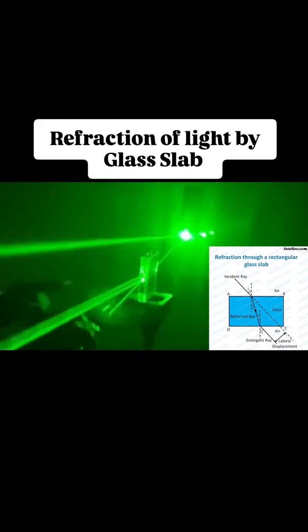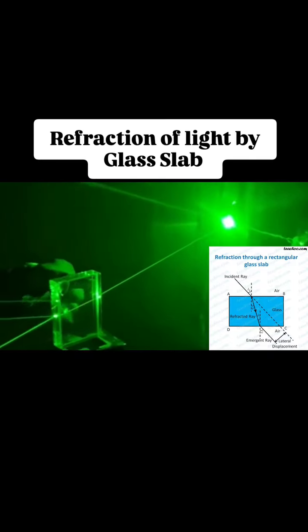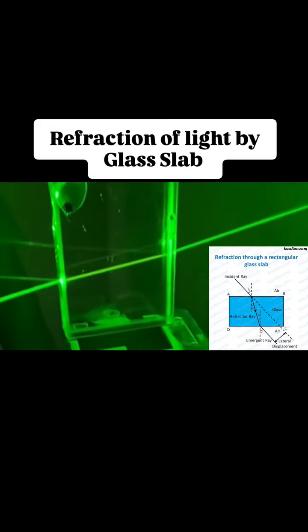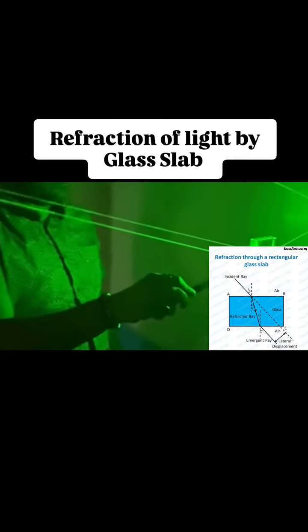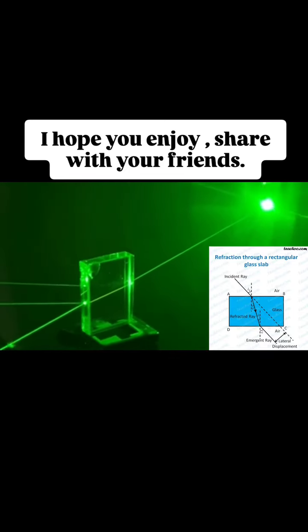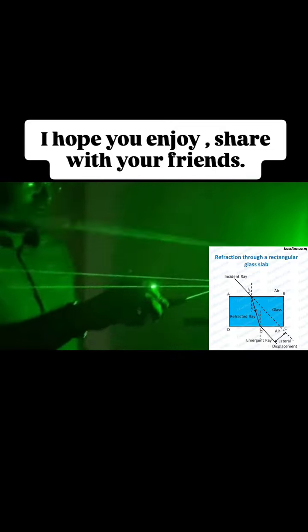Now this activity represents that when a light ray travels from air to glass, it changes its path. There is a little bit of deviation in its path because they have different refractive indices. When a light ray travels from air to a glass prism or glass slab, it changes its path, and the initial path is parallel to the final path. So these all are activities related to the chapter light reflection and